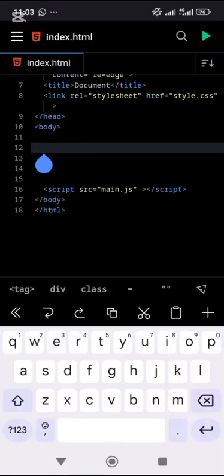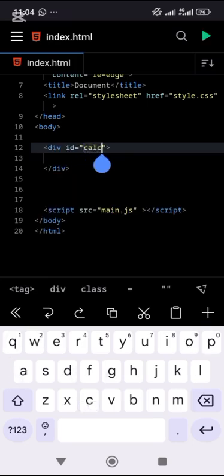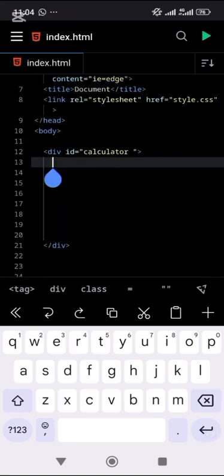We are going to start by building the HTML structure of the calculator. What we'll first do is create a div with an ID of calculator. So we'll say div, hash, then call this calculator. Okay, so we'll call this calculator. Now, this is our main class. So inside of this class, we are going to create